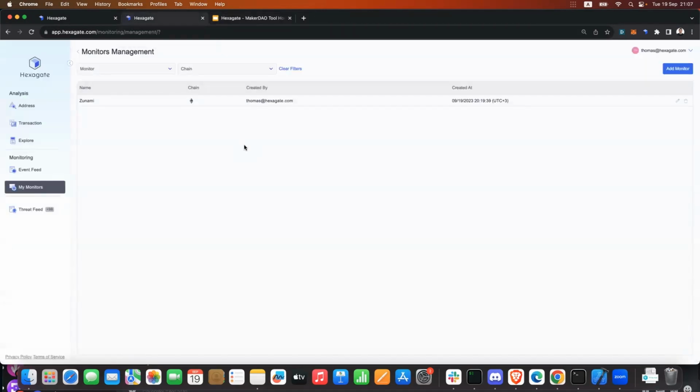Cool. So this is our platform. I wouldn't demo all the components of the platform, but rather just anything around our exploit monitoring. So basically, on Hexagate, you can define